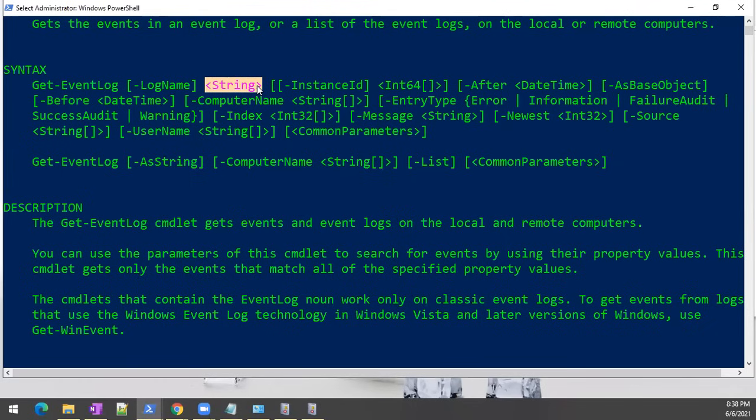All right. So now can you look into this and tell me, do you find some difference between the way how this log name is written and how this instance ID is written? Do you find any difference in terms of this and this? Square brackets are more. Square bracket, right? And this is